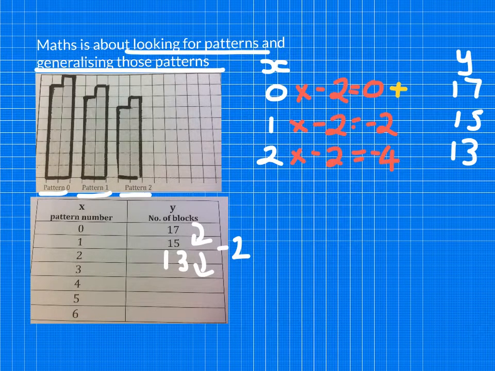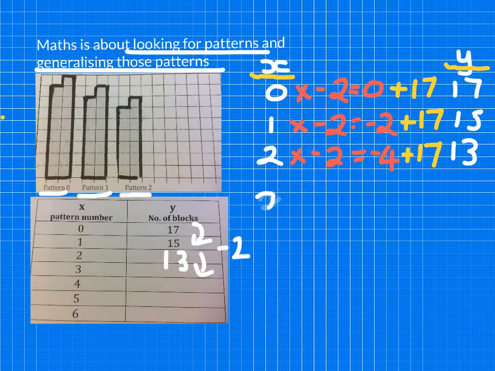We will have to add 17. To get from -2 to 15, we'll have to add 17. To get from -4 to 13, we have to add 17. So each time we're doing the same thing to our pattern number x in order to get our number of blocks y. Each time we start with our pattern number,